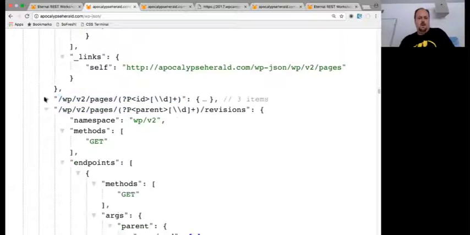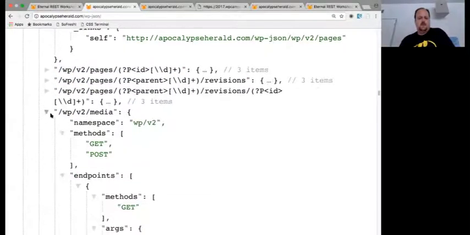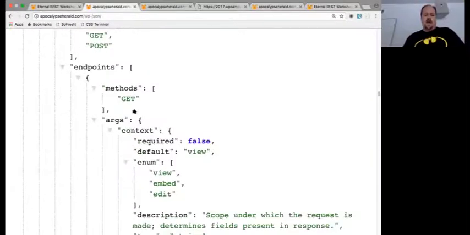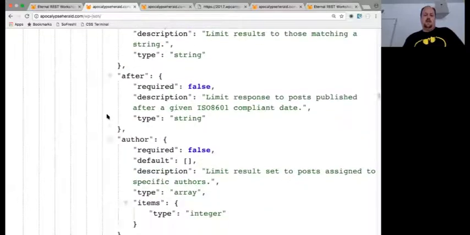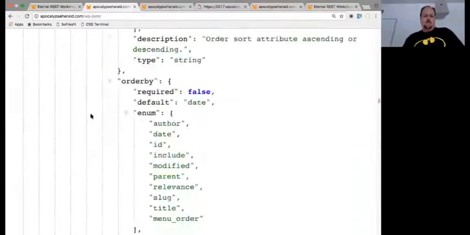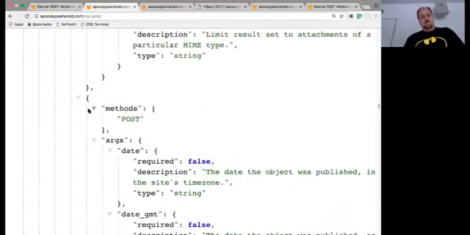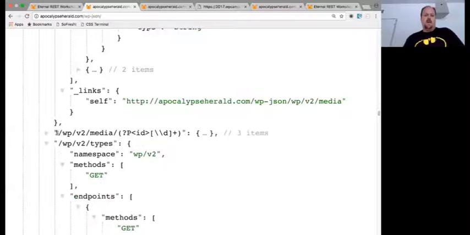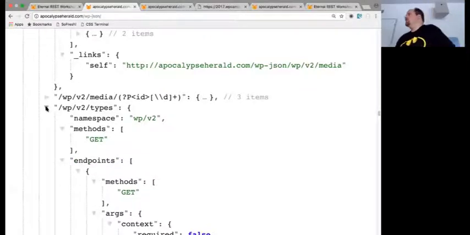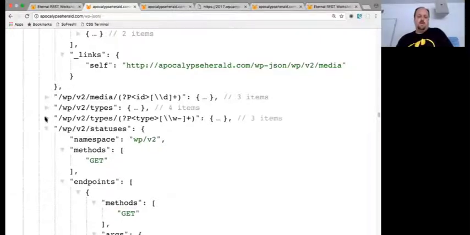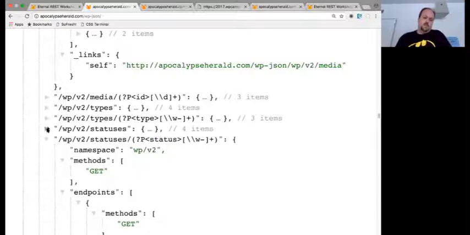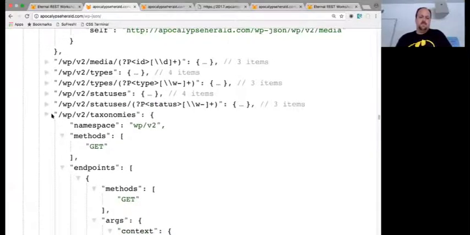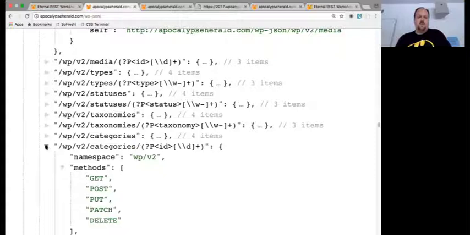All right. Next here, we have revisions. I'm going to skip that. So you can also grab media by default. So attachments and those sorts of things you can grab by default and have their own set of arguments as well. And then the post method for media. Grab a media by ID. You can also grab post types. So if you want to grab just what post types are available, you can grab custom post types, all that sort of stuff. Particular post type, you can grab statuses, particular status, taxonomies,